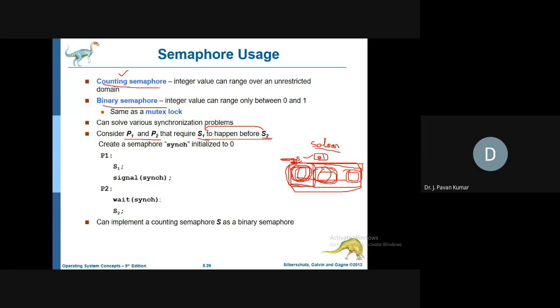So after completion of S1, we will give a signal that it has completed, so that S2 can execute. Got it? That is what we will do.